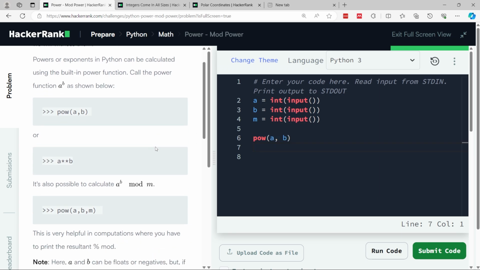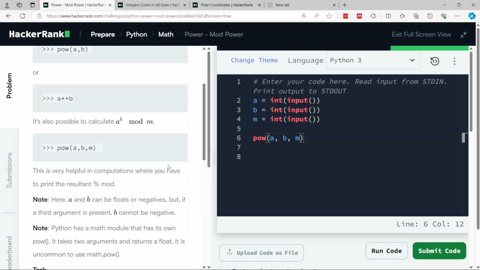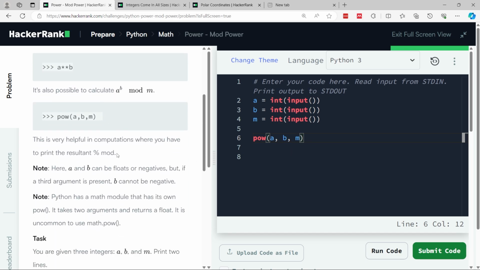And this basically means a to the power of b. Now, in this coding challenge, we have two ways of using the power method. The first one looks like this, where we have to print the value of a to the power of b. The second one involves a third argument, which is this value here. And what this gives us is explained here. It will give you the result of a to the power of b modulo the value of m. You get the exponent a to the power of b, and then you would have the modulo operator and then